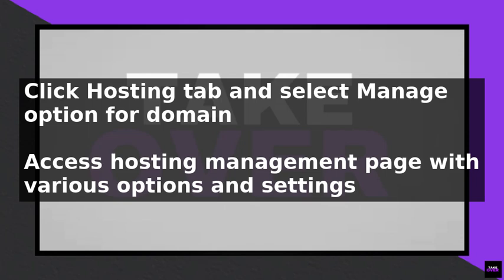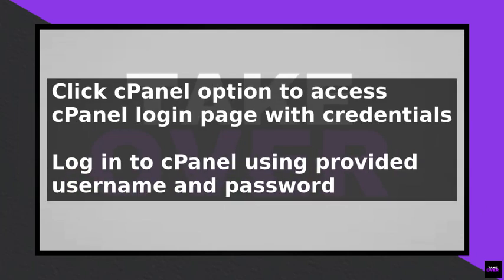Alternatively, you can also access cPanel directly by typing your domain name followed by 2083 in the address bar of your web browser. For example, yourdomain.com:2083. This will take you directly to the cPanel login page where you can enter your username and password to access